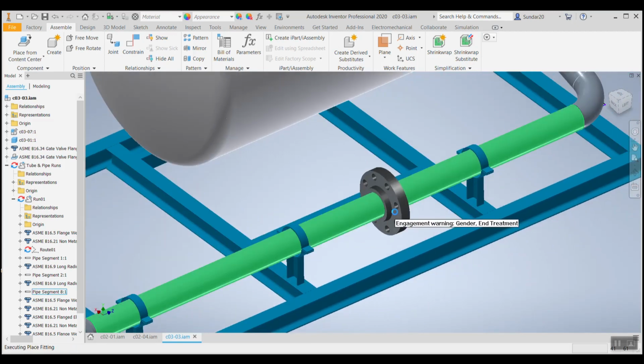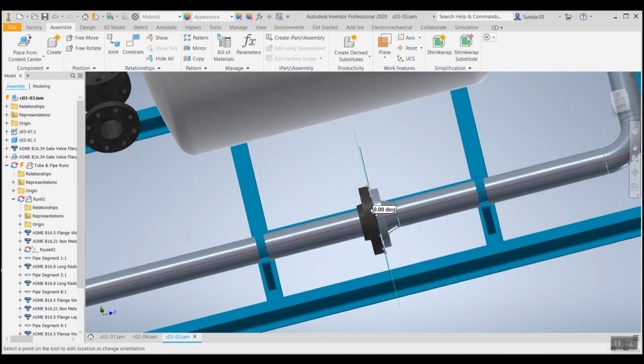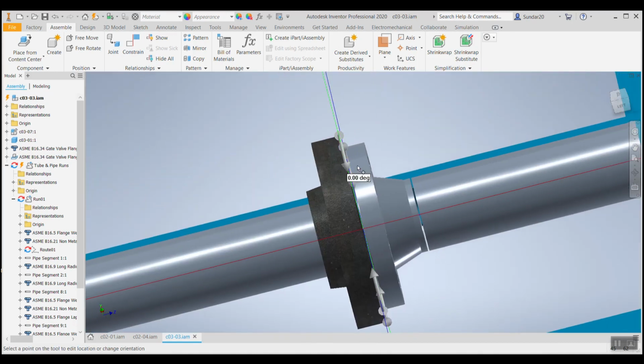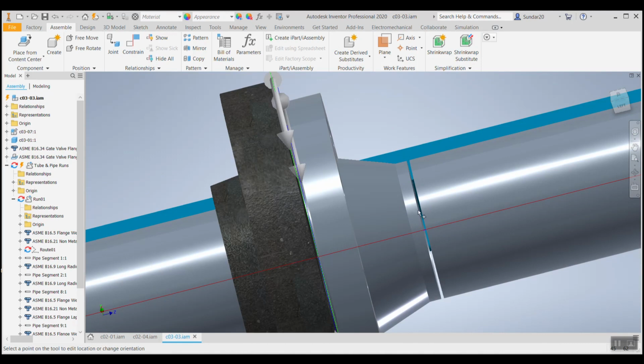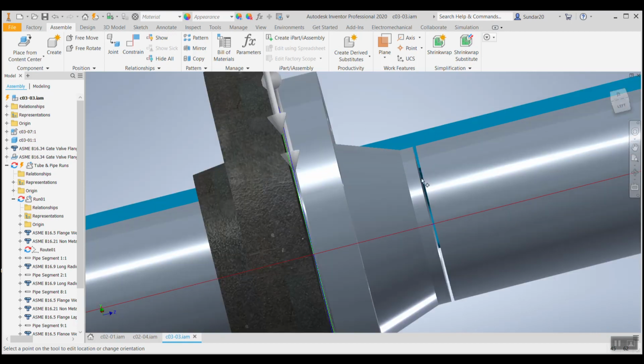Once you place a flange, it will automatically keep the joining flange also. So you can see that it has automatically created the joints, and it has created an opening. Why? Because this is for welding purpose. We have a welding joint here, so it has taken that into concern and showing you a gap over here. And I have chosen a wrong product, so this doesn't fit over here, but still this is to show you that it is taking weld into consideration.